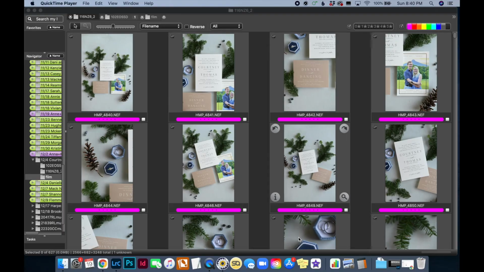I have just finished the first round of culling. This is the folder that has all of my digital images in it. So I culled it down to 627. You can see that number down here at the bottom. If I click this little flag here in the top right-hand corner, it makes it so that I'm not only seeing the ones that I've flagged,